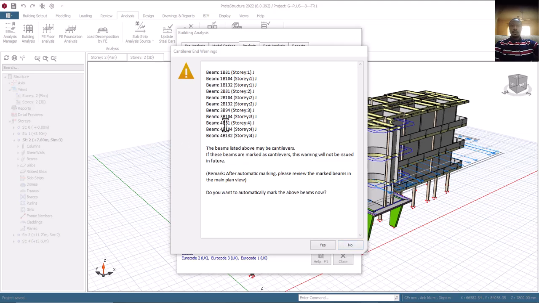Because if you look at it, or if you want to be sure, you can go ahead and confirm this particular beam to be sure that these beams, can you see? Story 1, story 2, story 3, story 4. Look at what we have. So if they are cantilever, good, you can now say yes. If they are not cantilever, you say no. But for now, I will say no,